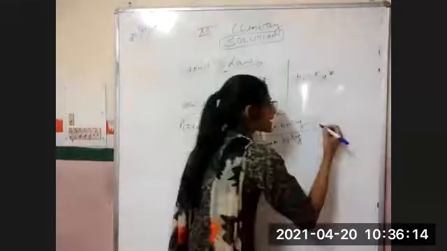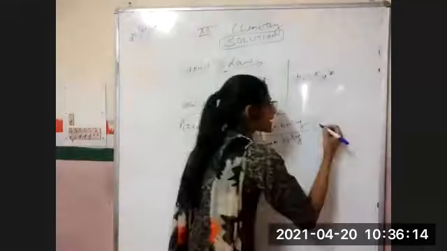Let me start from the very beginning. This is pure solvent, the vapor pressure of solution would be P1, and delta P equals P1 naught minus P1, which defines lowering. Second point is from Raoult's law. If we put the value of P1 from Raoult's law into this equation, delta P equals P1 naught minus X1 P1 naught. Now, taking P1 naught common, we get P1 naught times 1 minus X1 equals delta P.